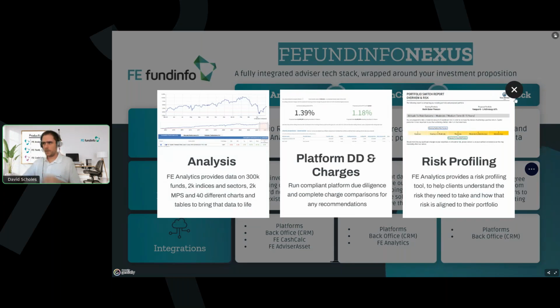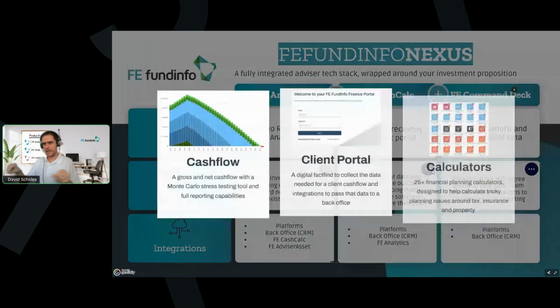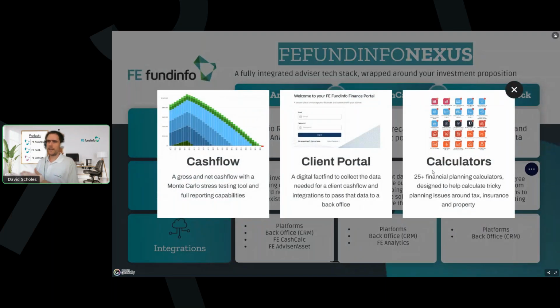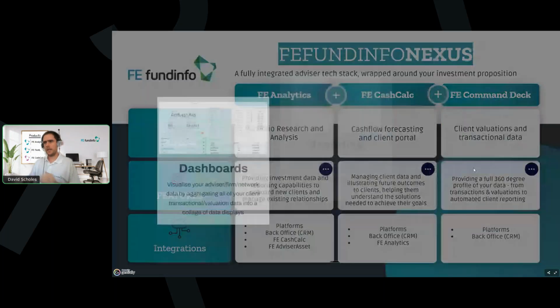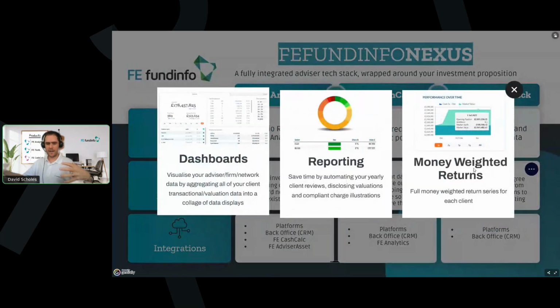But equally, you've got FE Cash Calc, which analytics again is bridged to. We'll be covering that off again. So it gives you cash flow, gives you client portal, and gives you financial planning calculators. And now we've got Command Deck, which aggregates all of your client valuation data. So it gives you a full 360 view of your firm, down to